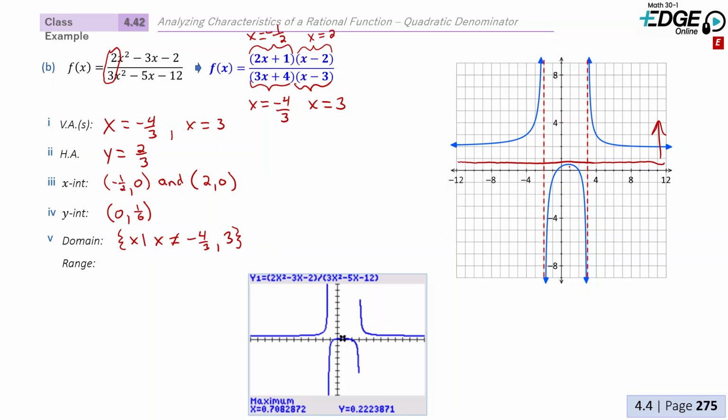But then for this section of the graph, we're going to be everywhere below that local maximum. So we need to write this one out a little differently. We're going to have to write it in two parts. So we'll say y such that y is, and we'll look at this one first. y has to be lower than that point. So where was that point? Well, that's the one we found here. Our maximum value was at 0.22. So y is less than or equal to 0.22,